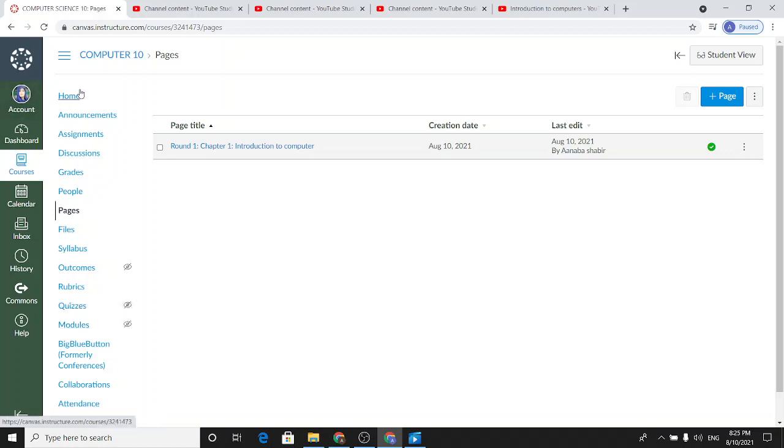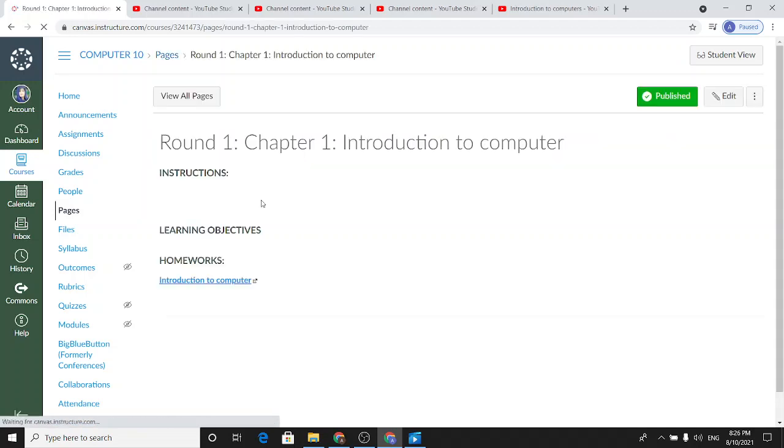This will appear by clicking on the home page. This is how you will upload your videos on the topic, and this is the link. When a student clicks on the link, it will take the student to that specific link.